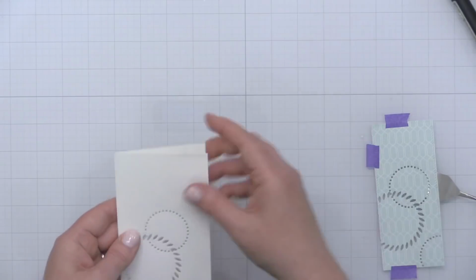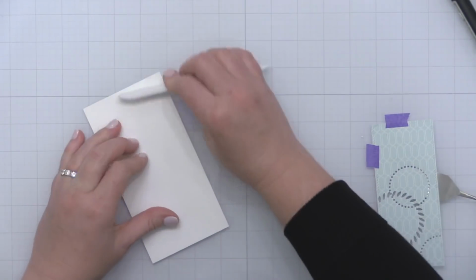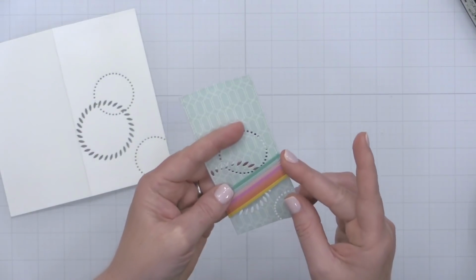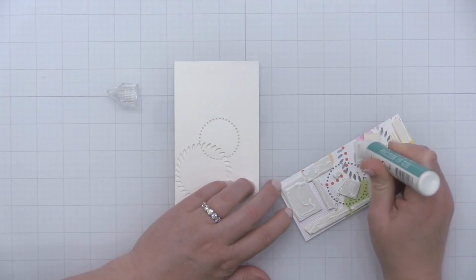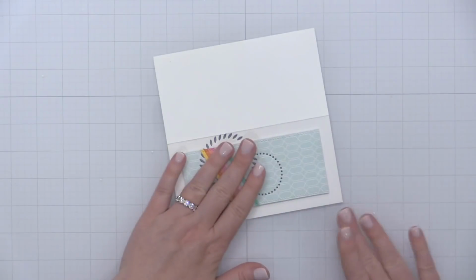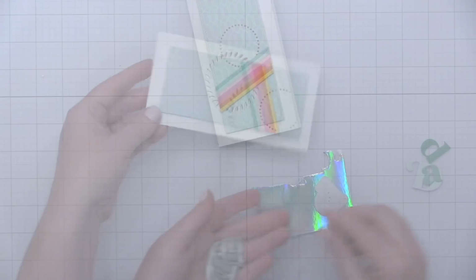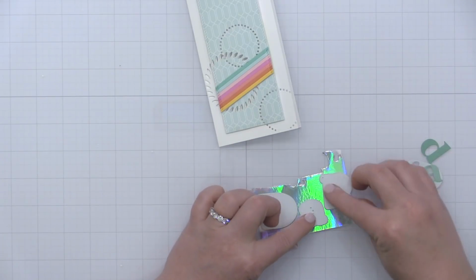And it fared okay. But I think you might notice on this piece of pattern paper, because so much pressure was applied to it over and over again, there is a slight bit of warping around a couple of the edges. I did my best to add some foam adhesive behind it to flatten all that out, but there are some openings on the back of this card front where you can see through into that card. So it was hard to flatten that out completely. And that's why I say that I think the first method actually gave me cleaner results, but both of these